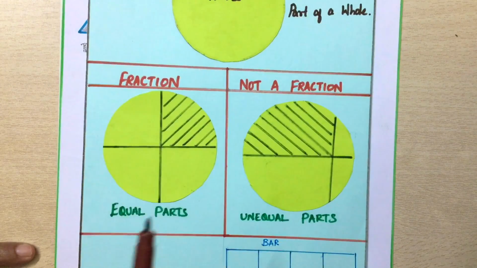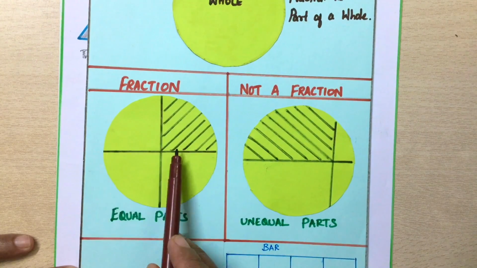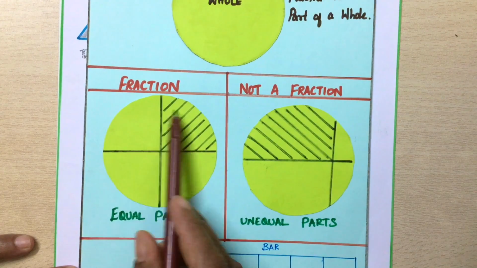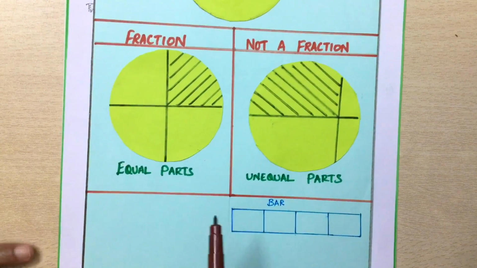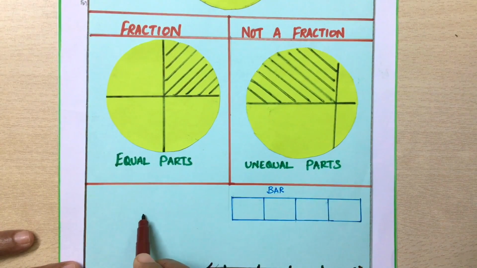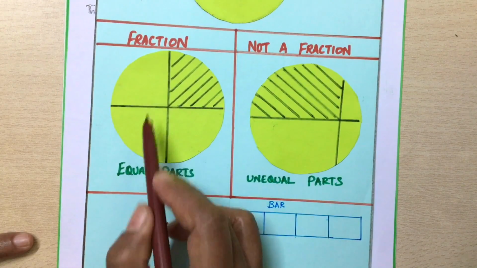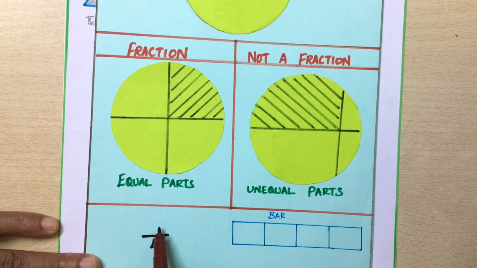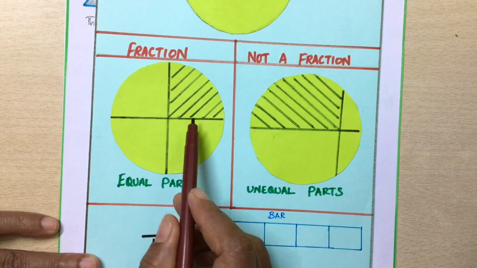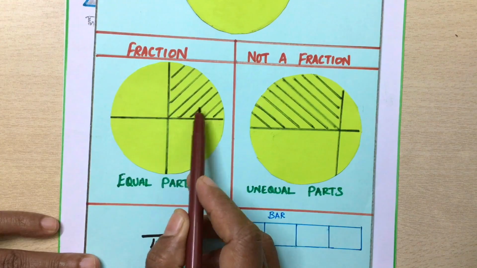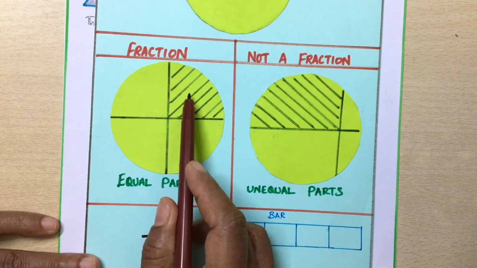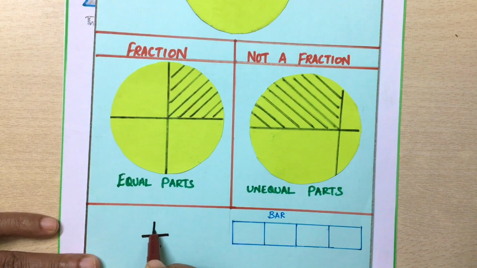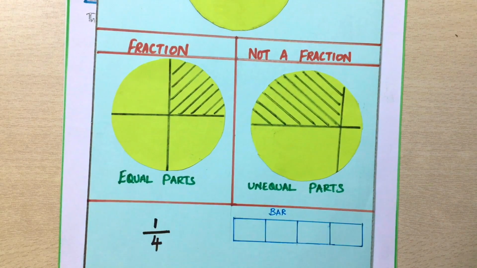Okay. Now coming back to the fraction, out of these 4 parts, I have shaded one particular portion. Now how to represent this in a fraction? So always remember you have to write equal parts, that is 4 equal parts. The top one should be what you need here, what it is asked or what it is shaded here. In this case, only one part is shaded. That is, now the fraction is 1 by 4.